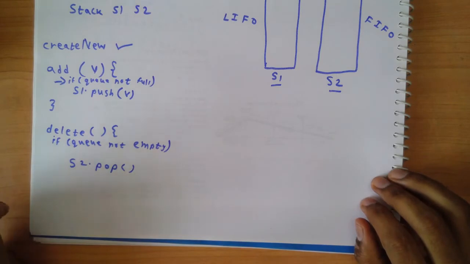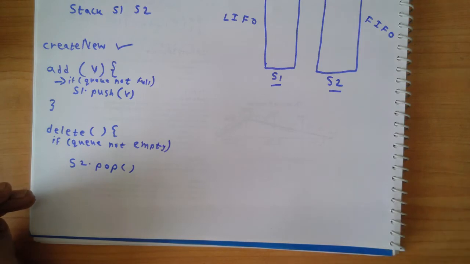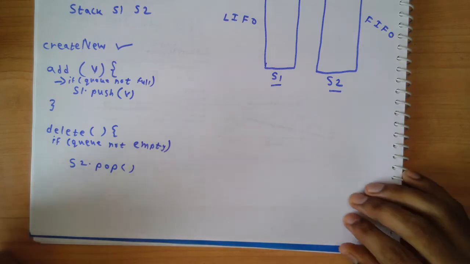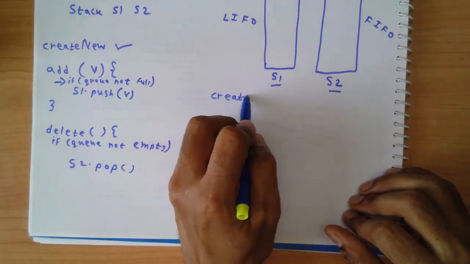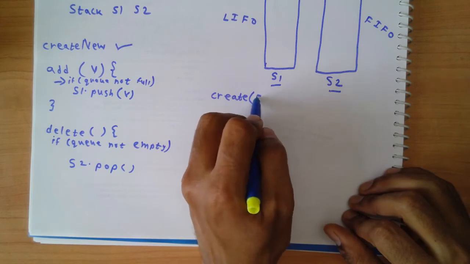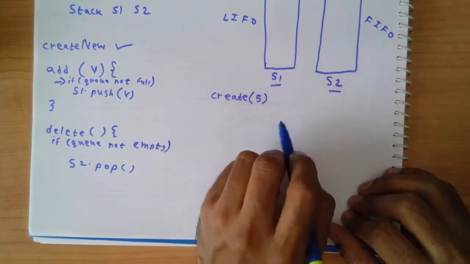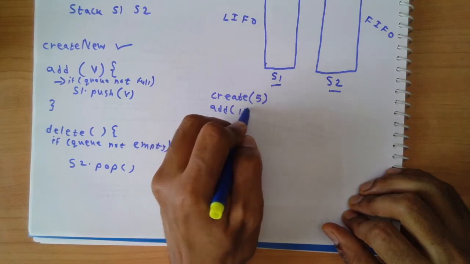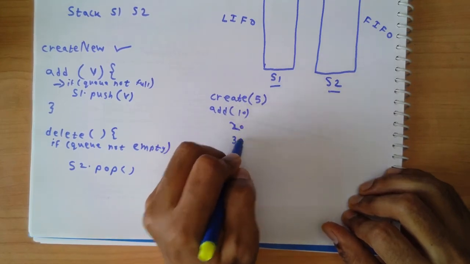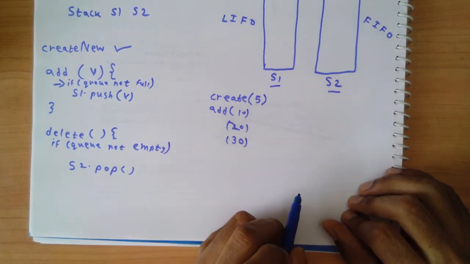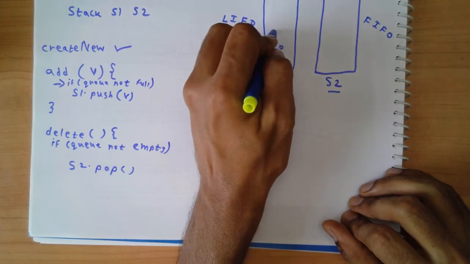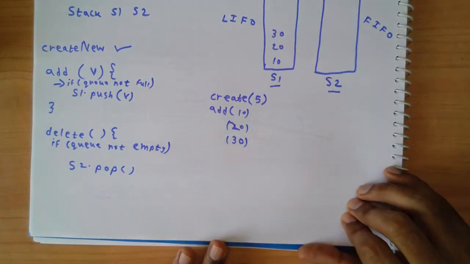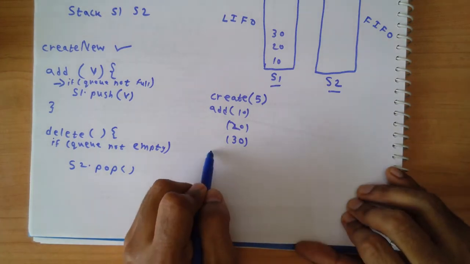First thing that is going to happen is, sometimes you have done a set of add and delete operations. So let's go on doing them. Okay, so let's say I create new queue of size 5, and then I'm going to add values. Say I add 10, 20, 30. Okay, I added 3 values. Then my queue will look something like this. I have pushed 10 onto the stack, then 20, and then 30, and then I do a delete operation on my queue.